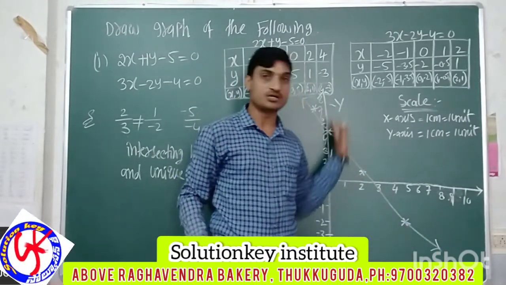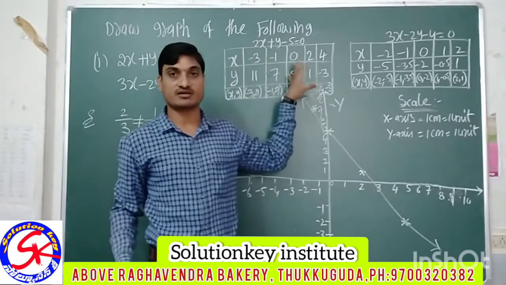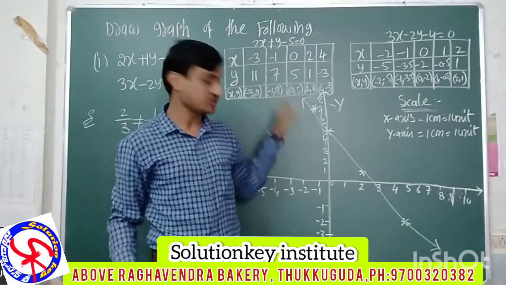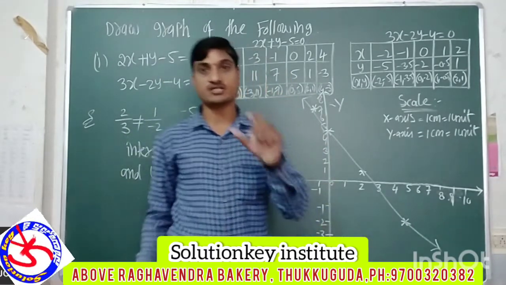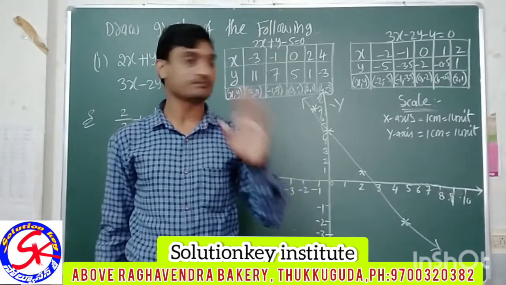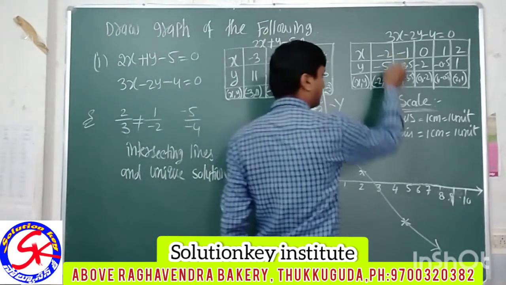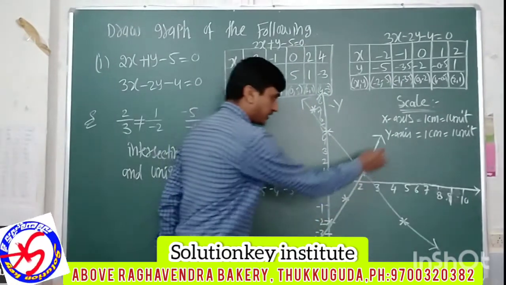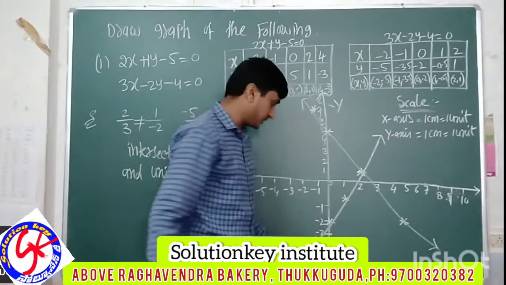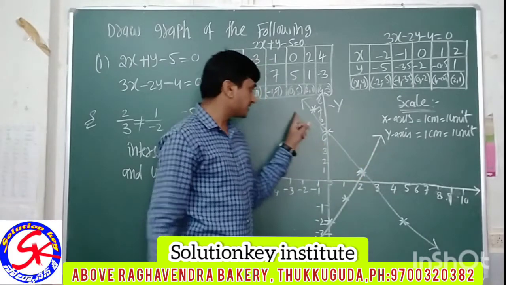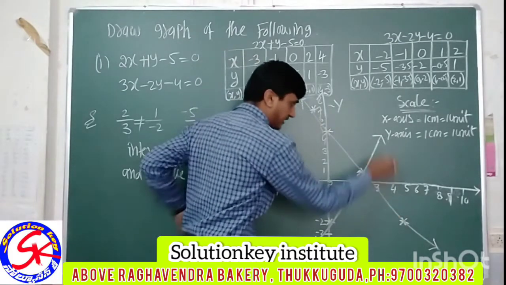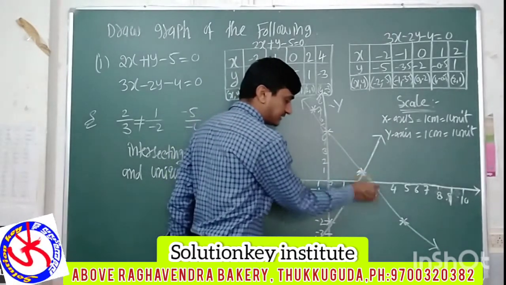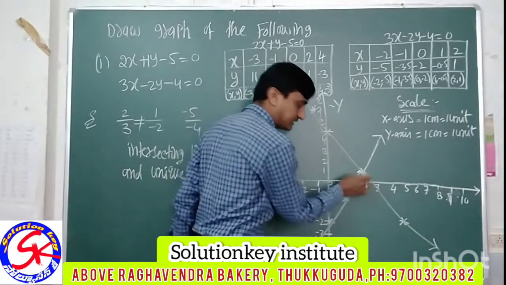Okay now. So in this box simplification, all points are exactly right. If you are making some mistakes, it means these points are not coming on the same line, on the straight line. Then I am going to the second box: minus 2, minus 5, minus 2. You can join all these points and you get exactly one straight line. And see this? It is the equation 1 straight line and it is the equation 2 straight line. These two are intersecting lines. See this? These two are intersecting lines.